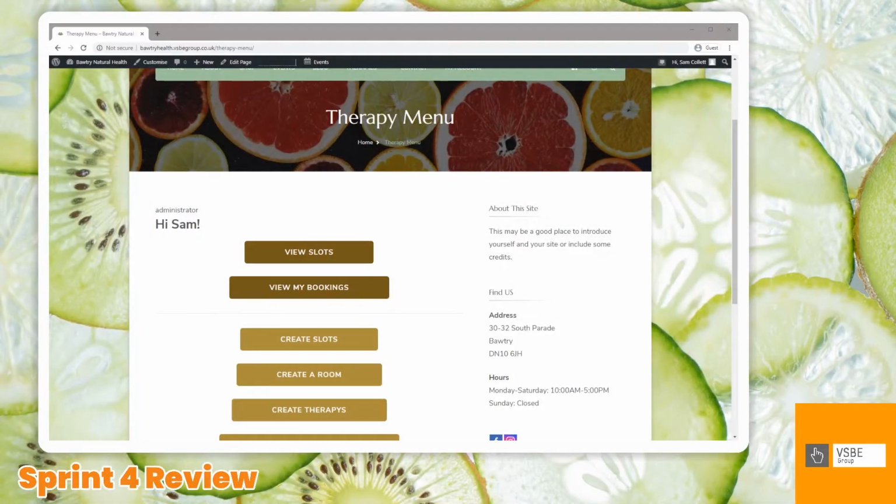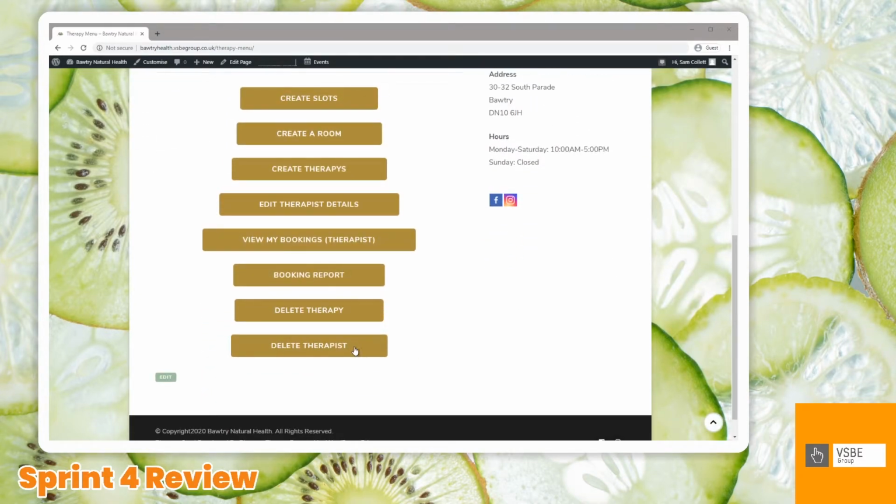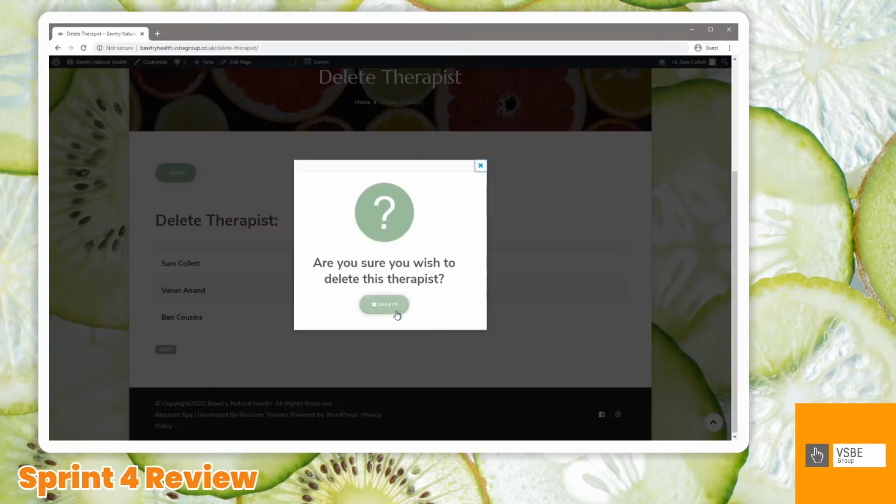So the next thing I'd like to talk about is delete a therapist. So we've now got the option for an administrator to delete a therapist off of the system. So if I click delete therapist, you get a list of the names of the therapists who are currently enrolled onto the system. If you click delete, it will come up with a pop-up saying, are you sure you wish